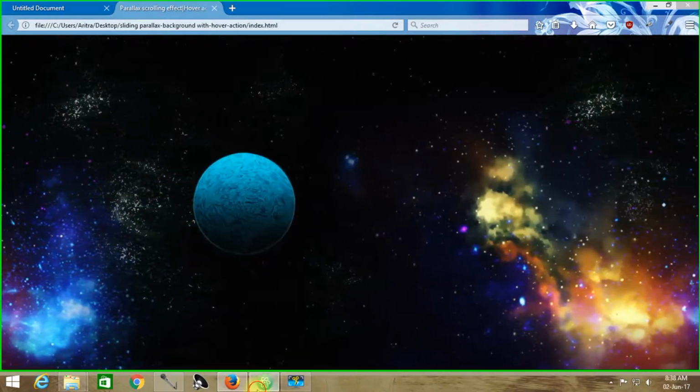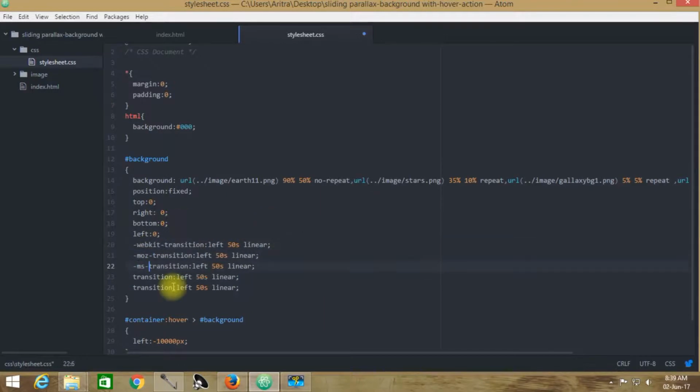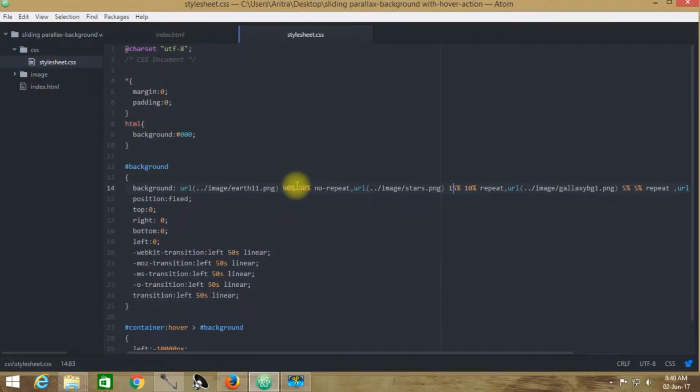First of all, we need to do the other things that we have not done yet, that is providing the hack codes. The main disadvantage of this type of animation is that if you provide a certain time duration, this animation will be taking place only for 50 seconds. After 50 seconds, this animation will not be in effect and it will pause.